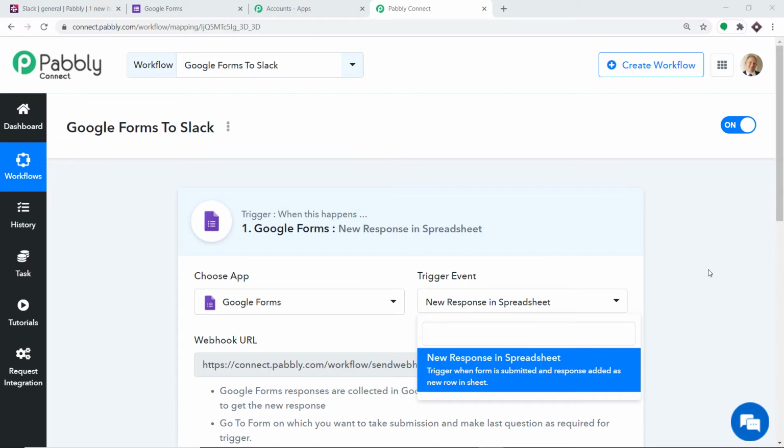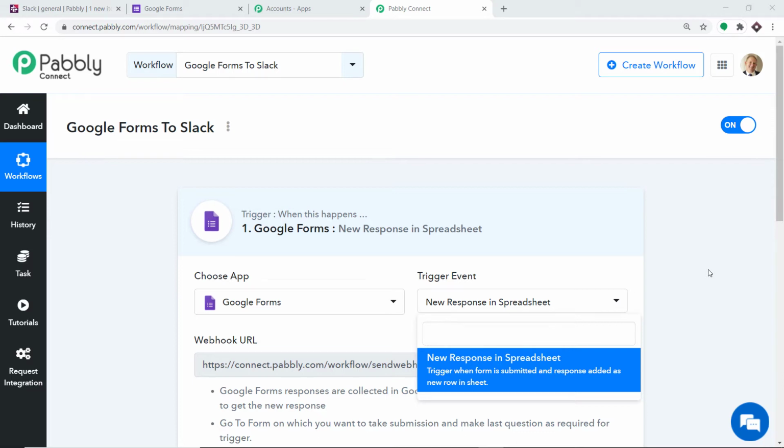So we will be collecting the data from Google Sheets and sending it to other apps like ActiveCampaign, Slack, and MailChimp using Pabbly Connect. I repeat, what we are going to do here is send the Google Form response to Google Sheet, and from there use Pabbly Connect to send it to other apps like MailChimp or Slack.